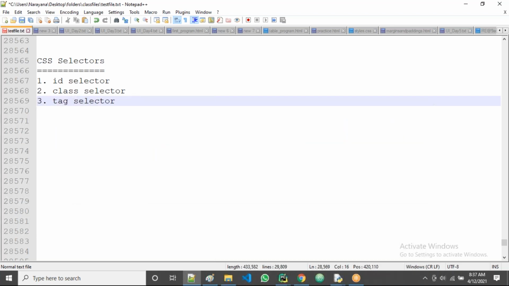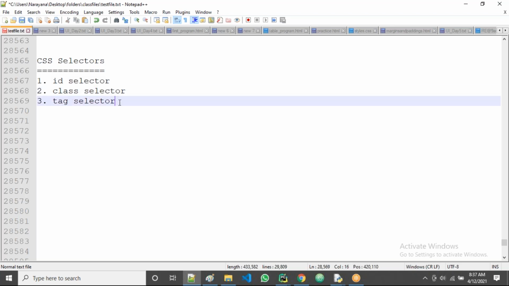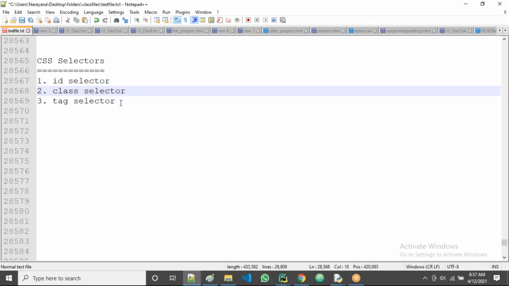So these are the base things. Still so many types are there that we'll see later, but these are called the basic selectors, guys. So ID selector, class selector, and tag selector.